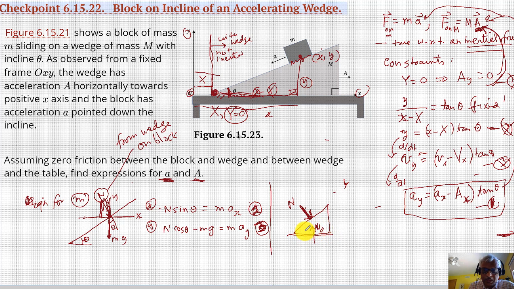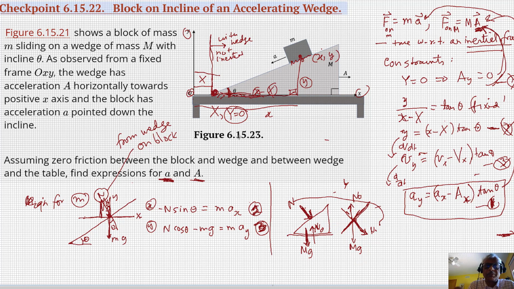and then there is mg coming straight down. So, simplifying this, for the reference direction, this is theta. The free body diagram looks like this. In the free body diagram, all forces come out of this one point, right? So this is n in that direction, this n, and n0 in that direction, and mg in that direction,